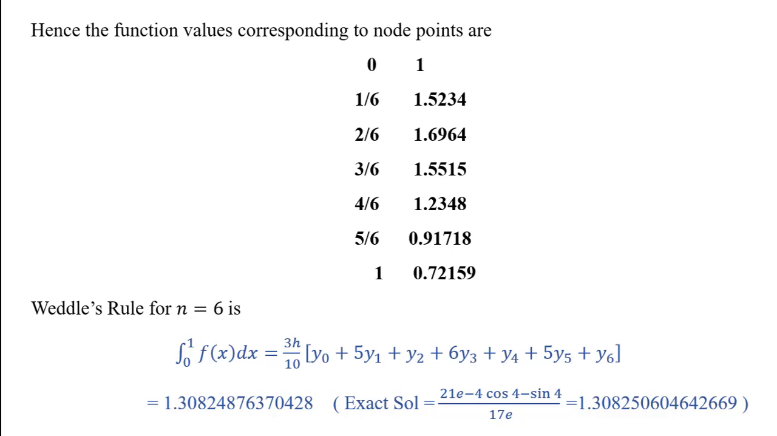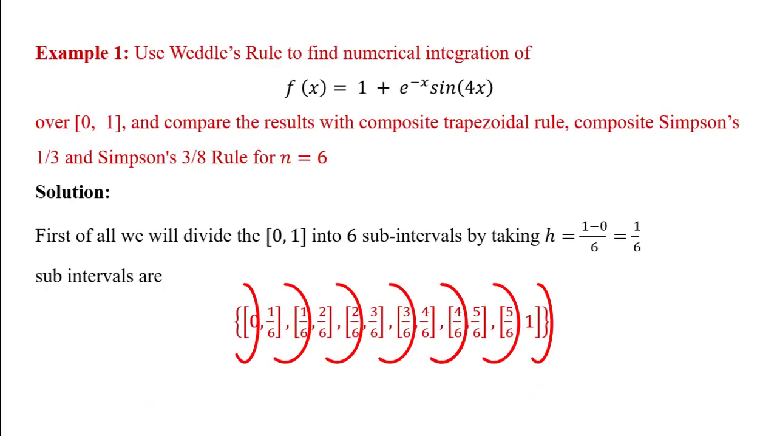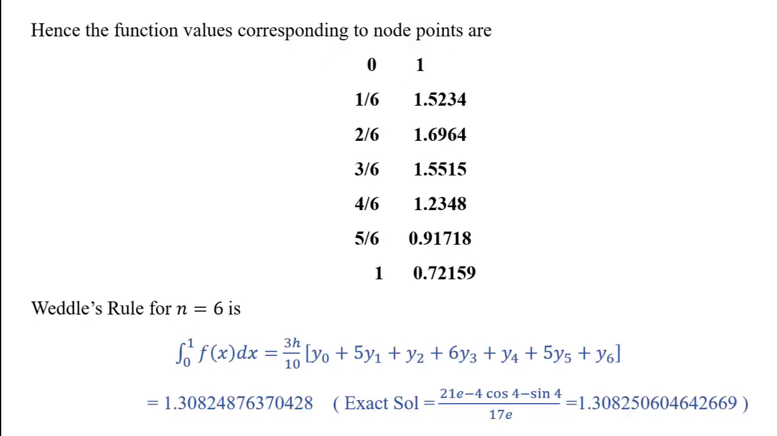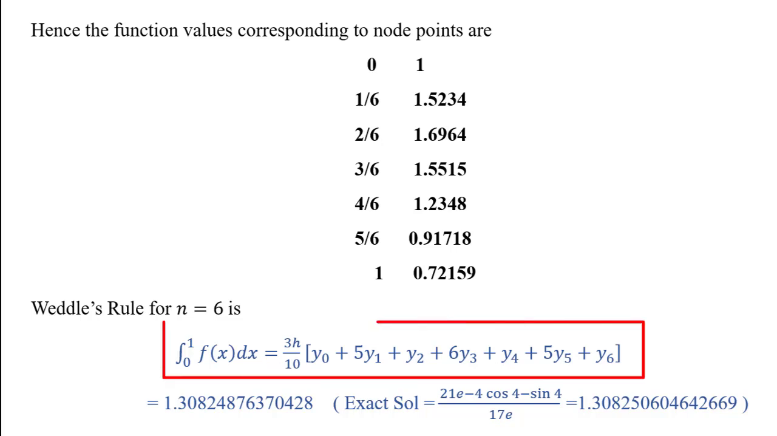So the value of the function at each node point 0, 1/6, 2/6, 3/6, 4/6, 5/6 and 1. First we will find the value of the function at these node points, and the values of the function are given in the table. So for n equal to 6, the Weddle's formula is